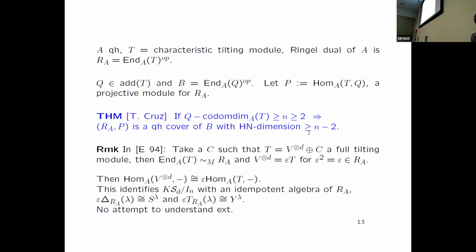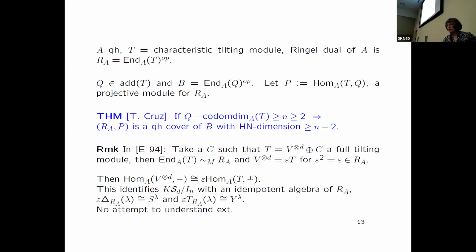And you can use it for Schur algebras S(n,d), and Q to be the tensor power. And here I have to say why I feel rather embarrassed about it, because in '94 I looked at the functor Hom(V tensor d, blank), and well, it's clear that it's not as good as the Schur functor. But what I did is I said, okay, I add something so that I get a full tilting module. Then the endomorphism algebra is the Ringel dual, Morita equivalent to that. And then my tensor space is obtained by a projection from T. And therefore this functor Hom(V tensor d, blank) is, so you take the idempotent truncation